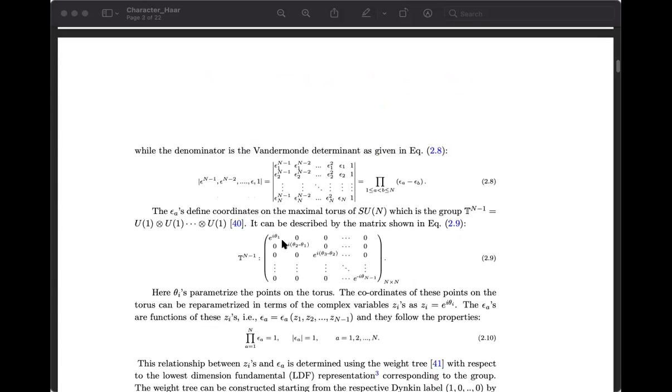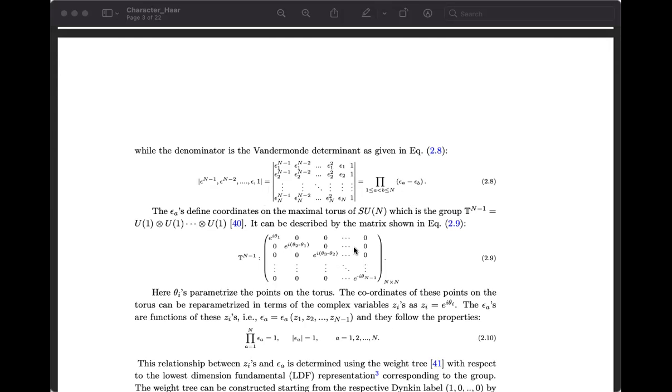So now the denominator part is called the Van der Waals determinant, which is given in the following form. Now you can see there is no epsilon 1 to the power n minus 1, so there is no R1, R2 dependence here. Here n minus 1, n minus 2 are all known because we know which SU(N) we are working on. So in that sense, the denominator is quite a known function of epsilon, which can be written in this particular form also.